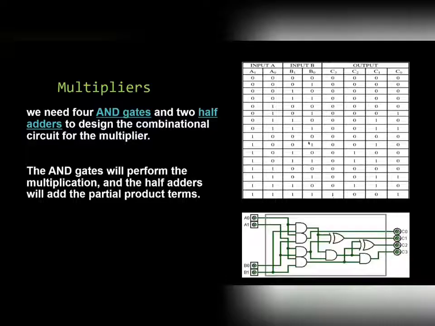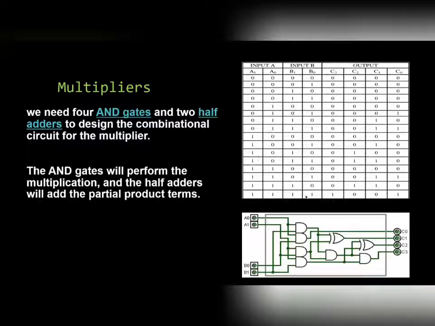You can see that, and here is the truth table of that. Here you can see input A and input B. Main inputs are input A and input B. Under that there are 2 sub inputs. From the input A we are taking A1 and A0. From the input B we are taking B1 and B0. Similarly, in the output, you can see there are 4 outputs. They are C0, C1, C2, and C3.